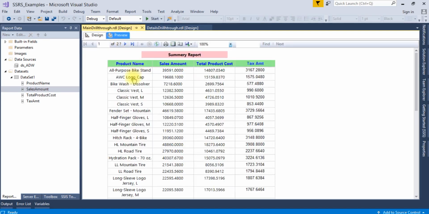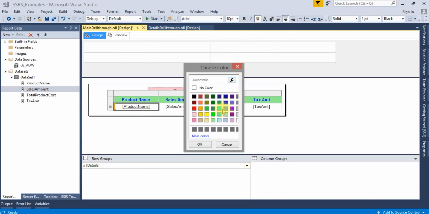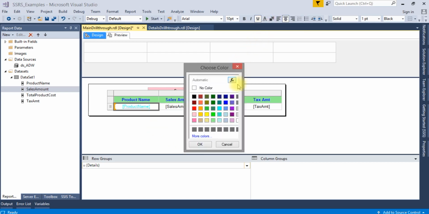If you see here, a hyperlink is coming. To make it clearly distinguished from other text, just change the color of this, something like this. Okay, this is a bit light color.